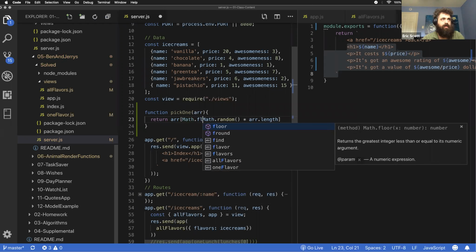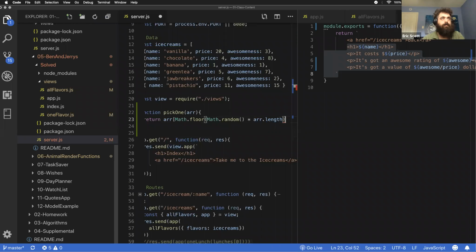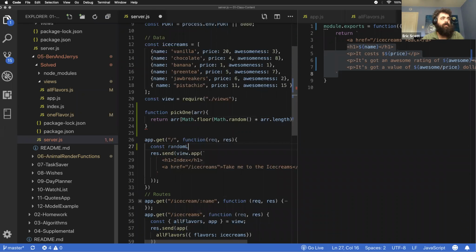So we're going to use Math.floor. So I'm going to say const randomFlavor equals pickOne from iceCreams. And so now we'll put in here